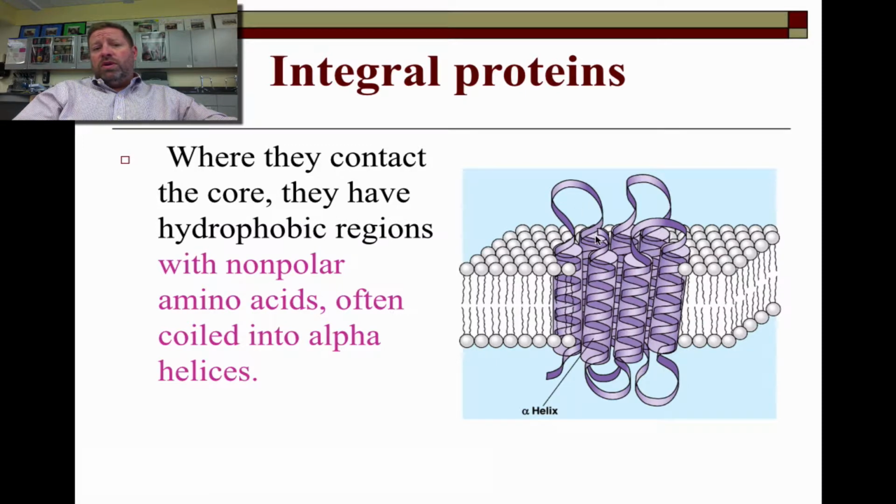So this is one of the ways that proteins can work. Integral proteins can work as tunnels, if you will. Any change in temperature, salt concentration, or pH will affect the shapes of these, and we'll talk more about that in